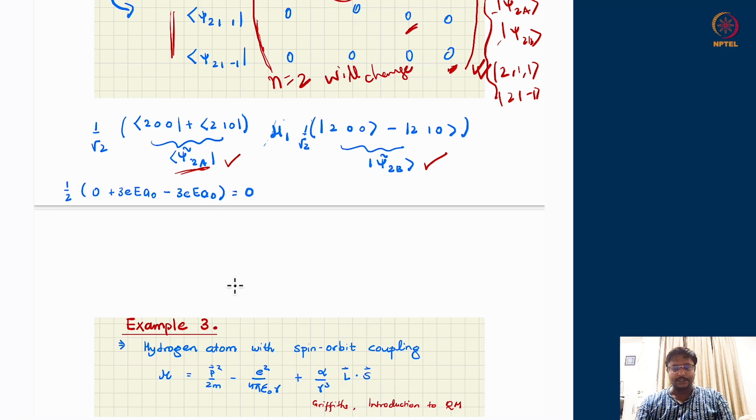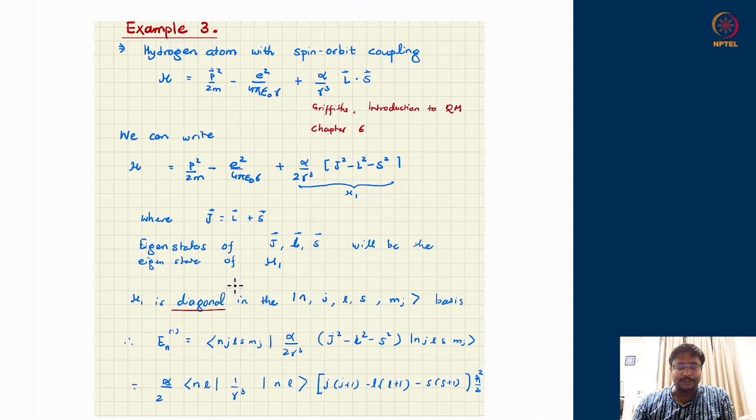Okay. One more example, which is a very famous example, something called the spin orbit coupling, where a new term due to the spin of the particle and its angular momentum around the nucleus, they talk to each other and they give rise to a term like this. You can look at the textbook by Griffiths, Introduction to Quantum Mechanics, chapter 6, to see the conceptual reasoning for this term. So in this course, we are not talking about quantum mechanics from the perturbation theory approach completely. We are just reviewing it. So therefore, I will guide you to look for where this structure comes from. But ultimately, it comes like this.